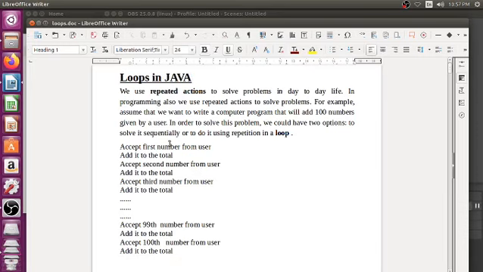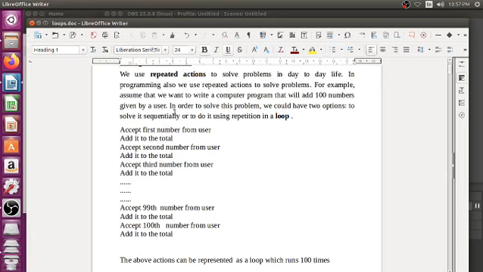Today we will discuss loops in Java. A loop is a block of statements that are to be executed repeatedly. That means a loop contains one or more statements that can execute more than once. For example, suppose you have to find the sum of 100 numbers, then we can do this process by